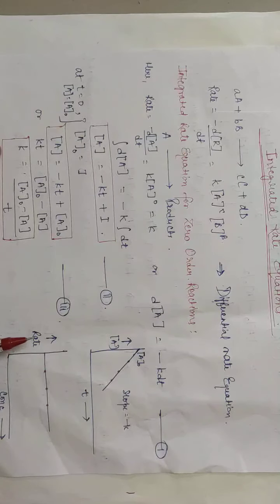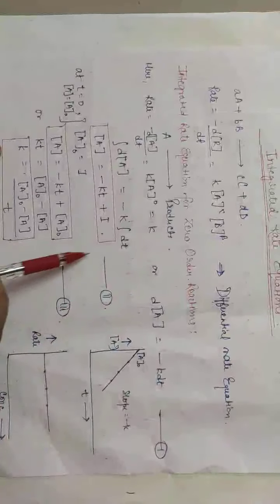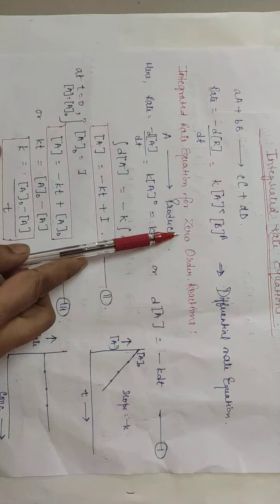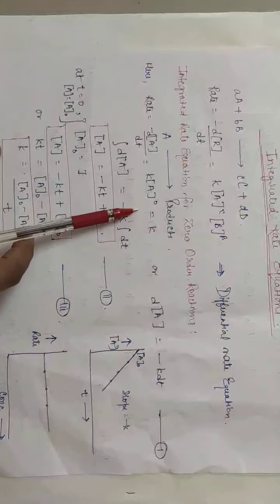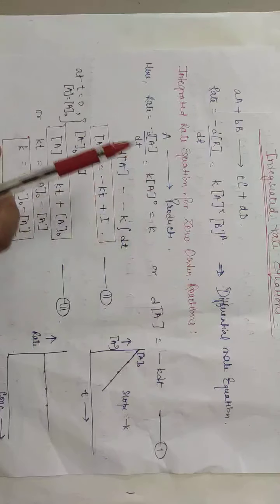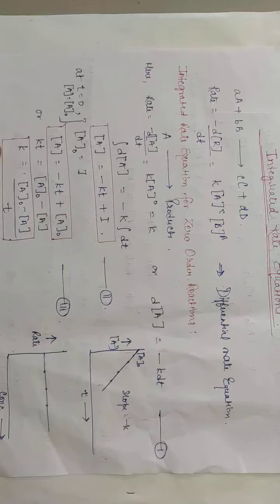Similarly, if we plot rate versus concentration graph for zero order reaction, we will get a straight line parallel to the x-axis, since the concentration of the reactant is not changing with time, because the rate of the reaction is independent of the reactant concentration. Rate is independent of the concentration of any of the reactants, so the plot will be a straight line, or constant, and will be parallel to the x-axis, right?